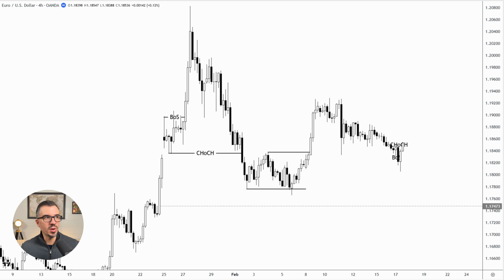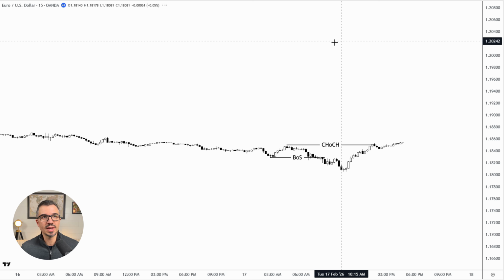So right here, what you'll notice is, again, we have the market making lower highs and lower lows. We also have that confirmed bearish change of character over here. So we have all of this playing out, plus we have this fair value gap down here, which has not been fully mitigated. So again, there was no reason to be buying over here. There was nothing here on the chart to tell me that buyers were in control. Yes, you had an internal shift, but an internal shift, when you look at this on a 15-minute time frame,